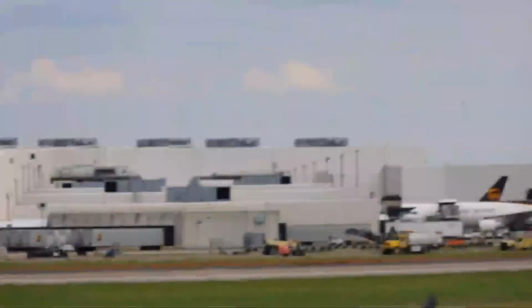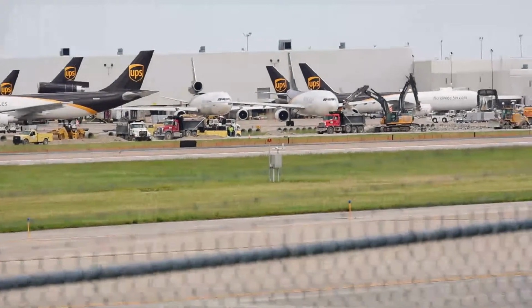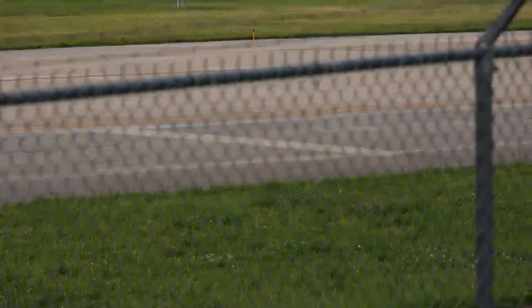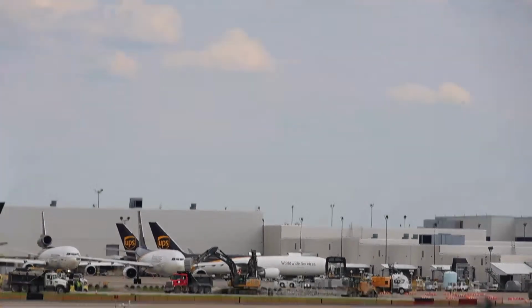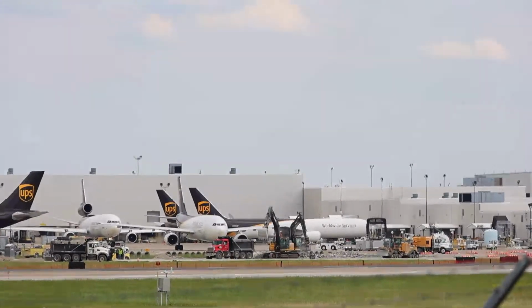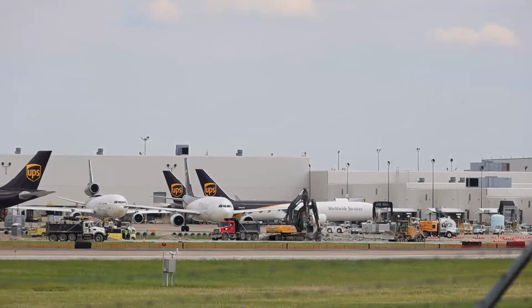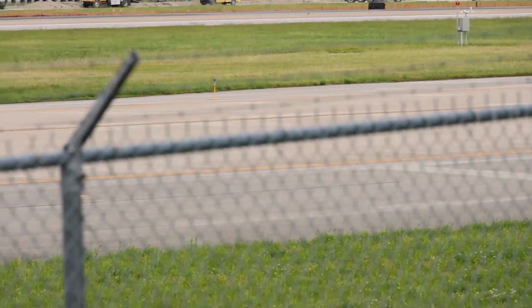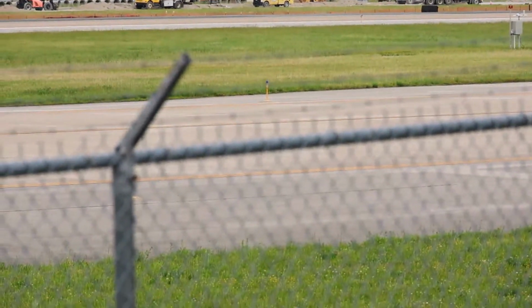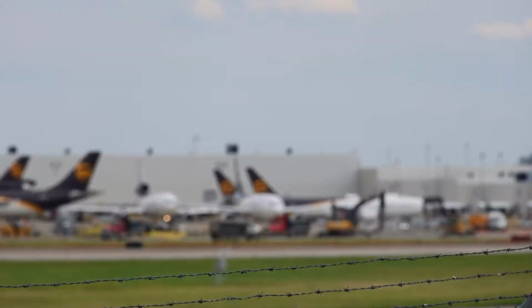Sorry about that one. I was not ready for a 3-5 left takeoff. So I need to adjust a little bit more to the circumstances that we're facing with the change, but it won't be too bad. All right, and there we go. Now we fixed the camera, and we are ready for some